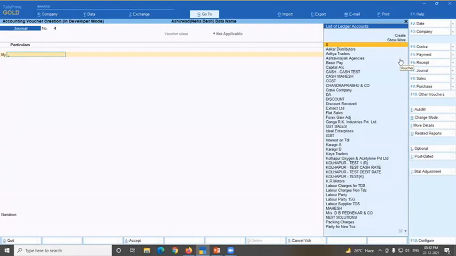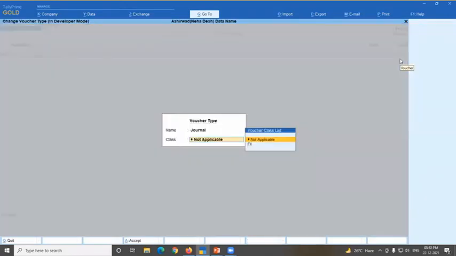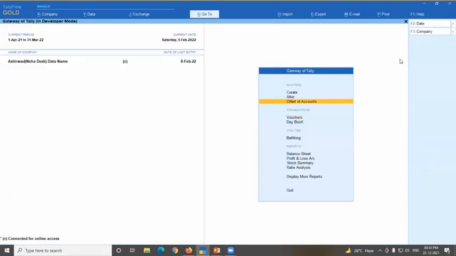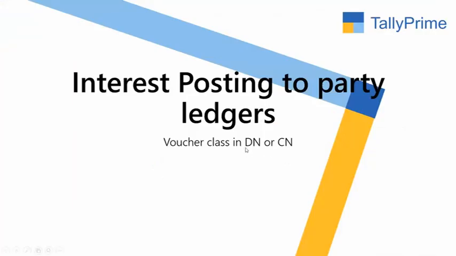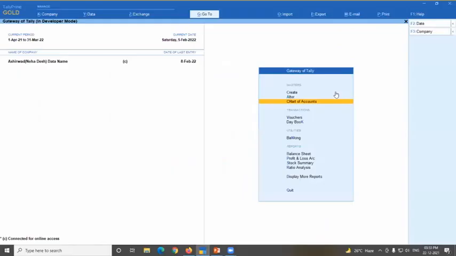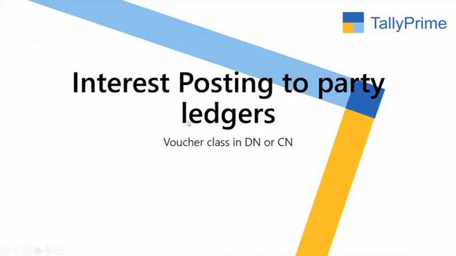What happens? Suppose I press F7 and put the interest calculation. See, I'm moving on to the topic: debit note and credit note configuration for interest posting. What happens if I don't do this setting in Tally? The accounting impact will be the same. But the problem is, suppose a party is eligible for rupees 1000 as interest, calculated by Tally by default. If you make a simple entry without any voucher class, the interest of rupees 1000 will remain in your books.